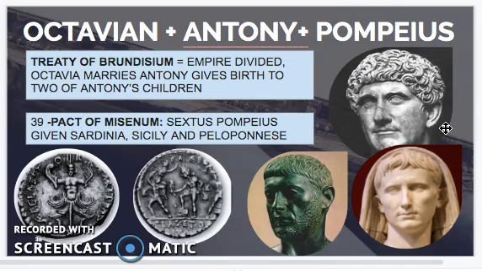For a long time, the two don't necessarily directly clash because they are busy dealing with problems that have been left behind since the assassination. So Antony is in the east, trying to get all of the provinces that were once controlled by Cassius and Brutus and put them under the rule of their legions,